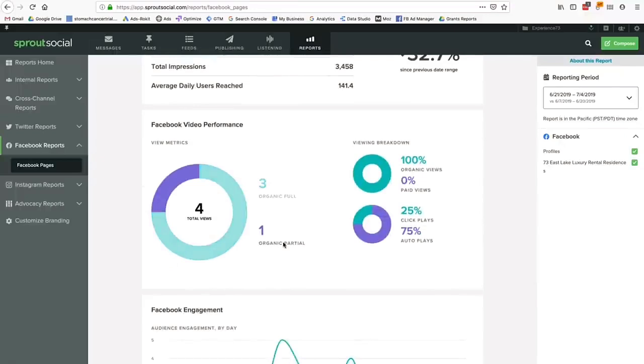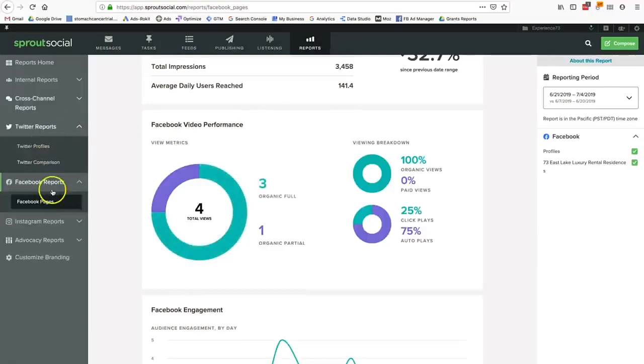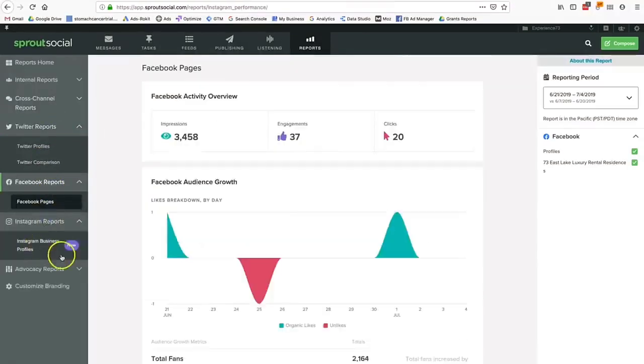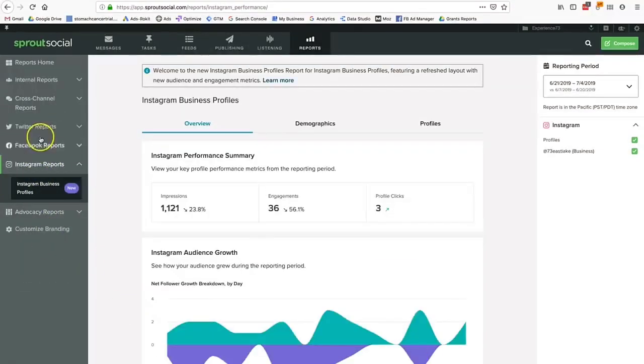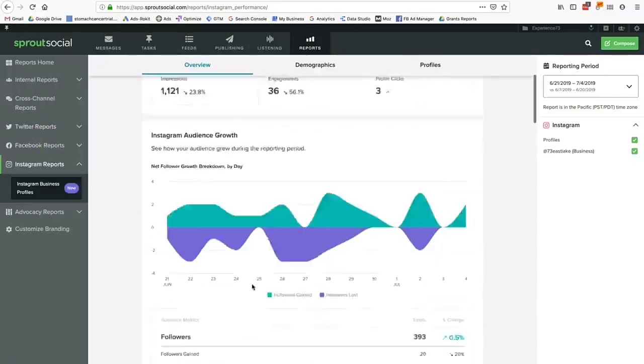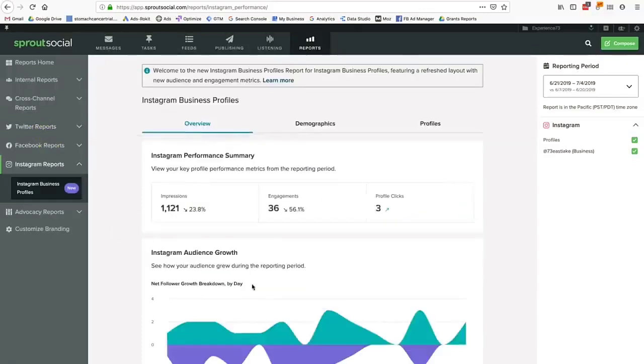A lot of this same material, same information is already in Facebook Insights. So if it's available in Facebook Insights, you're definitely going to have it available in a tool like Sprout Social. So you want to be able to just efficiently log in and jump from one platform to the other. So here, I can go to Instagram and look at Instagram data, or I can look at Twitter information. So you want to be able to efficiently jump from one platform to the other using, in this example, Sprout